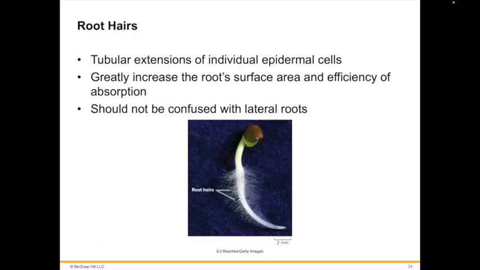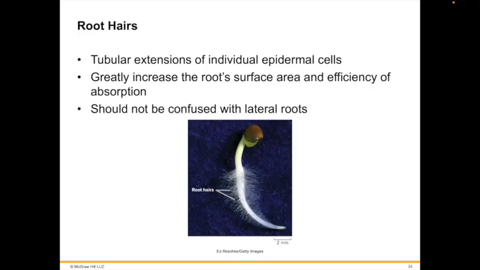Root hairs, which are tubular extensions of individual epidermal cells, occur in a zone just behind the tips of young, growing roots. Because a root hair is simply an extension of an epidermal cell and not a separate cell, no cross-wall isolates the hair from the rest of the cell. Root hairs keep the root in close contact with the surrounding soil particles and greatly increase the root's surface area